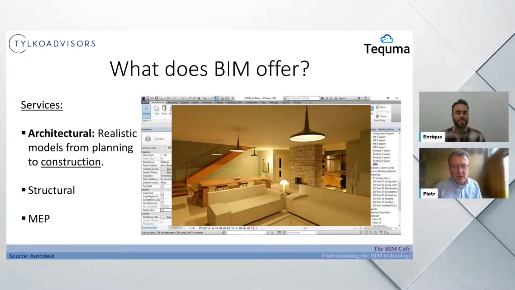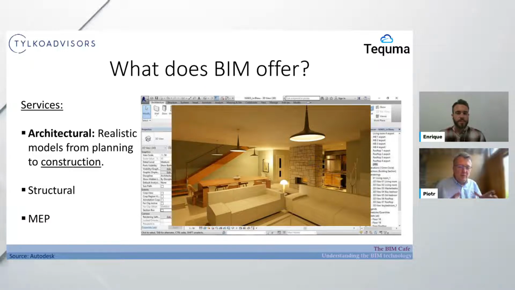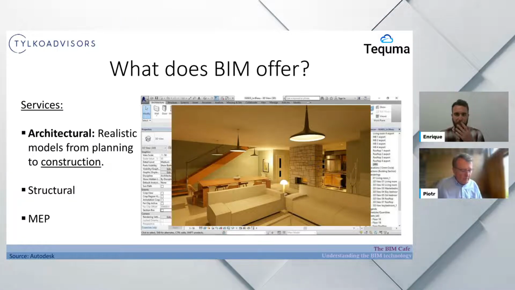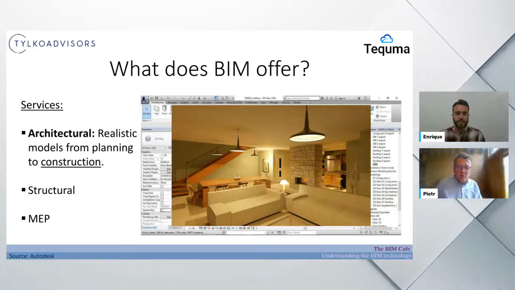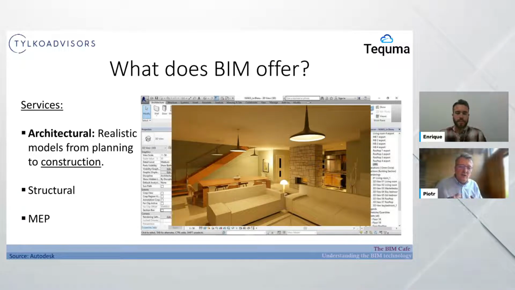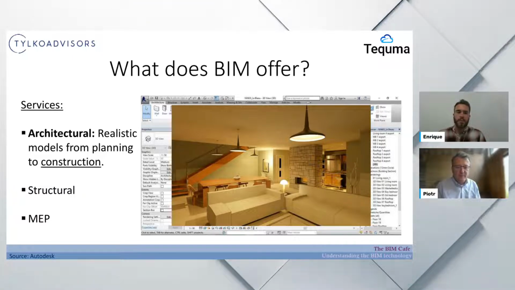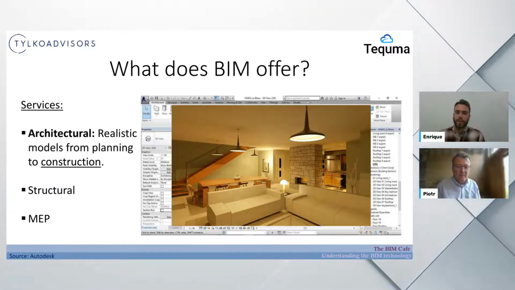Taking this example, Enrique, we have the chimney here, right? Yeah, what you're saying is the chimney can have all of the characteristics which will really be produced, and the manufacturer of the chimney can come and say this is the size, these are the parameters, this is the place where you need to put it. That's what comes from the manufacturer. It is not coming from the architect, it's coming from the manufacturer, right? Exactly. Ideally, it will be like this. The architect can always edit those products and make them look as they like, and then look for them in the market.